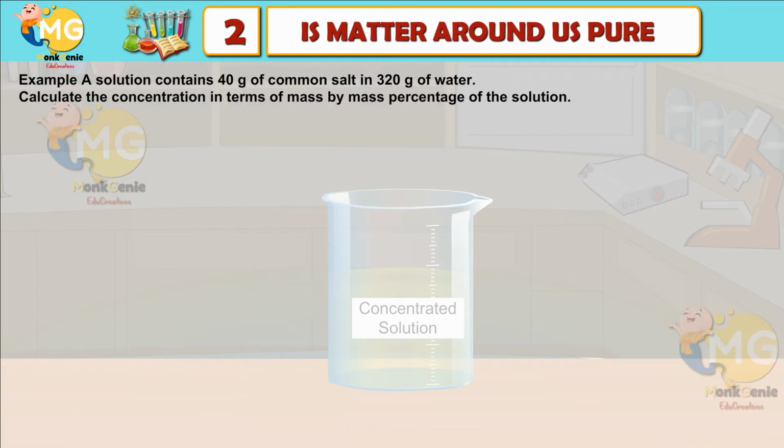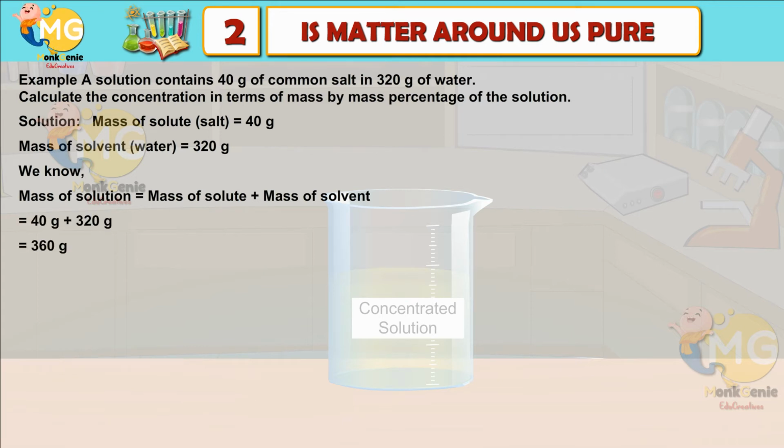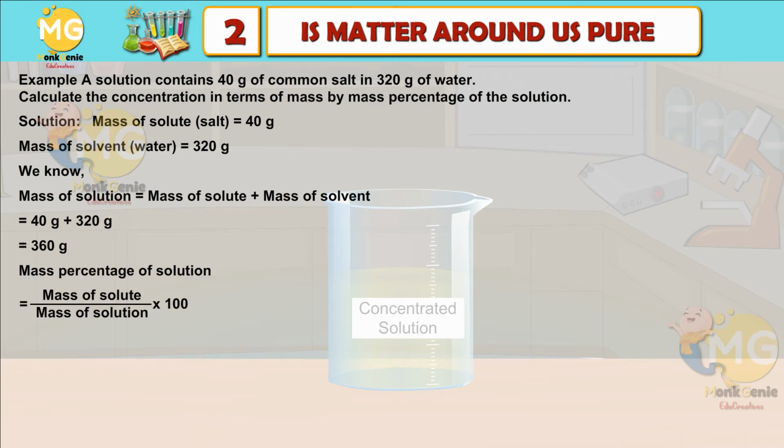Example: a solution contains 40 gram of common salt in 320 gram of water. Calculate the concentration in terms of mass by mass percentage of the solution. Solution: mass of solute, salt, equals 40 gram. Mass of solvent, water, equals 320 gram. We know mass of solution equals mass of solute plus mass of solvent, equals 40 gram plus 320 gram, equals 360 gram. Mass percentage of solution equals mass of solute upon mass of solution into 100, equals 40 upon 360 into 100, equals